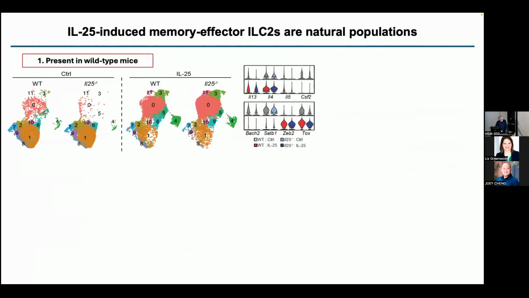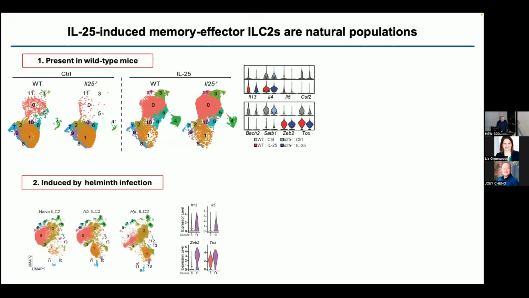The intriguing part of this is these are natural populations. If IL-25 is knocked out, you see that there are normal cells already there in this space in wild-type mice. And if we treat the mice with IL-25, these cells never retreat. That is, you don't need IL-25 in development, and you don't need it once you achieve the state. This is a true Waddington type of gutter. And they have all of the exact same populations that we see in wild-type mice.